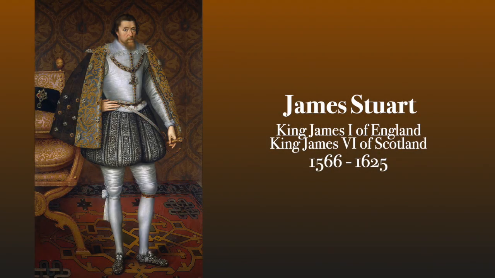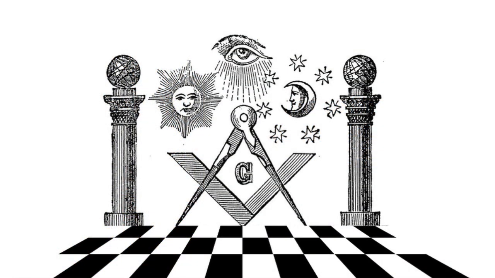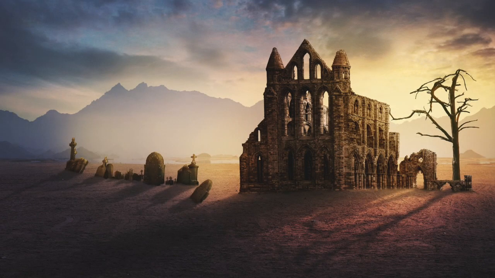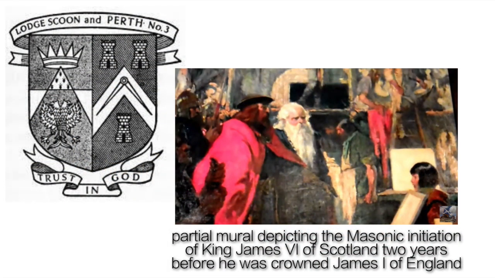According to the Scottish Lodge of Scone and Perth No. 3, King James was initiated into the Masons in 1601. Some dispute this because they view Renaissance Freemasonry as satanic, and don't think it's possible that someone as pious as King James would have joined. Other researchers have concluded that Masonry didn't devolve into a Luciferian agenda until the society was infiltrated by Jesuits. We only have one piece of evidence to go on, the Scottish Lodge's record of the initiation of King James